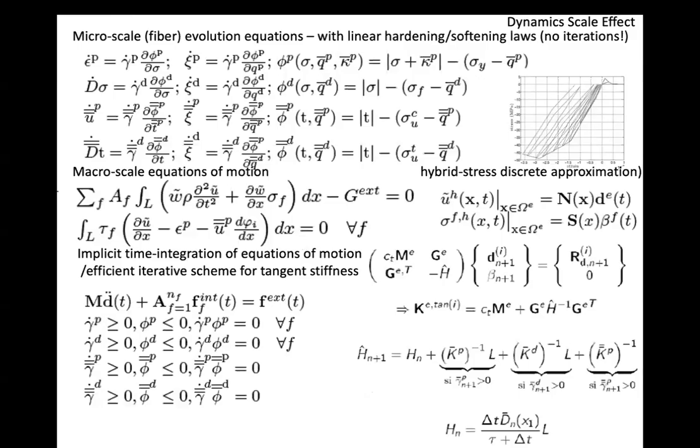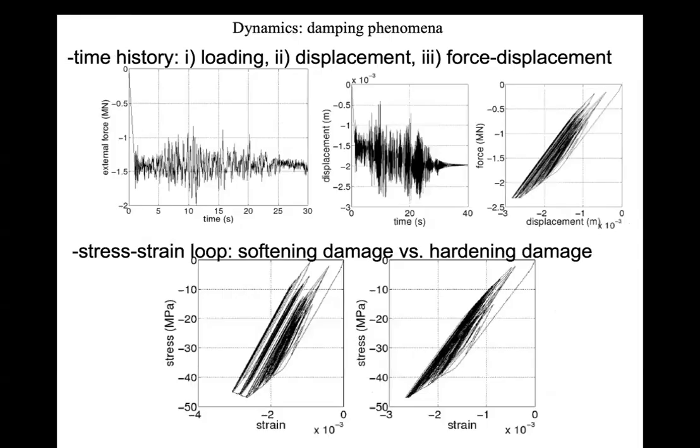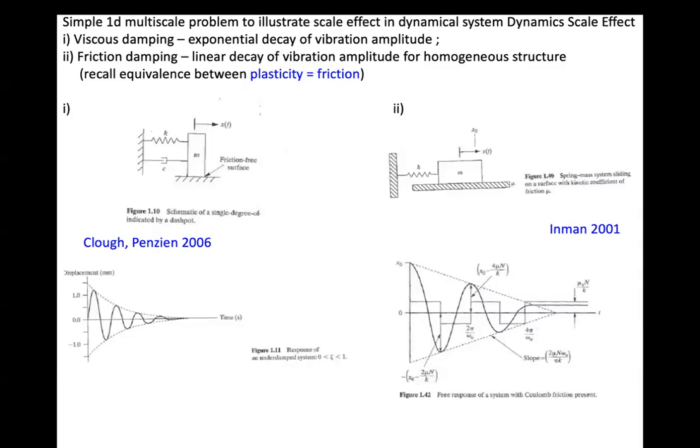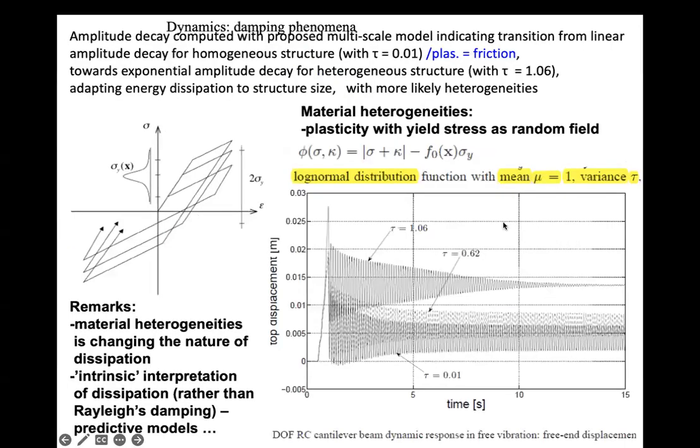And basically you have your evaluation. I presented this in detail. And then basically, if you have a viscous damping, you have your exponential decay. But if you have a frictional damping, you have your linear decay. This is coming from a classical work of Inman in his book. But basically, you can actually get those two to match if you take into account heterogeneity. And especially with lots of heterogeneity, that means there's a large standard deviation of something like the yield stress,